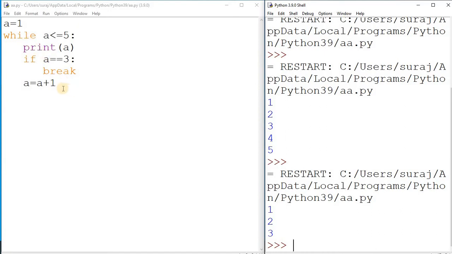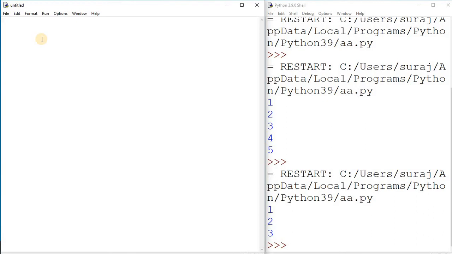Now we will use break within the for loop. Here I am on a blank screen and I am going to add a for loop. I take a list of elements; you can put any elements, but for your understanding I am adding elements up to 5.